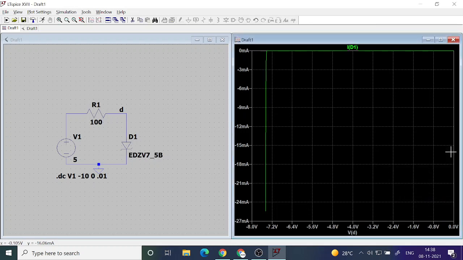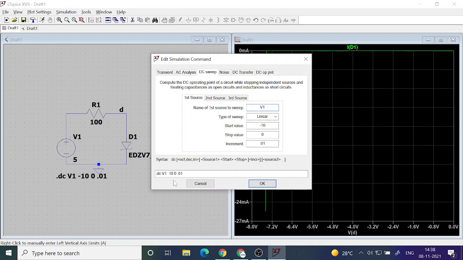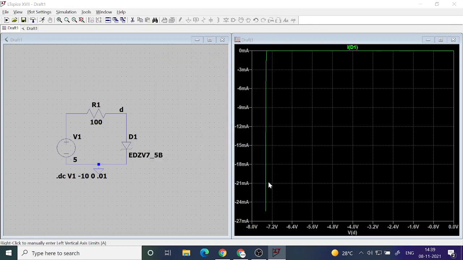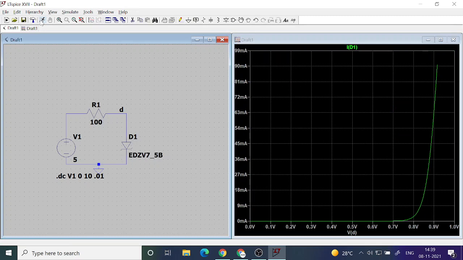Okay, so now you can do the forward bias characteristics. All you need to do is reverse this, that is make it from 0 to 10, and then run again. Okay, so you can see here